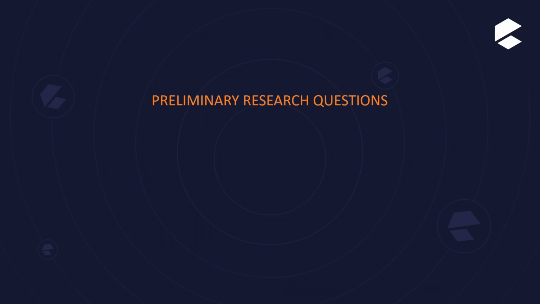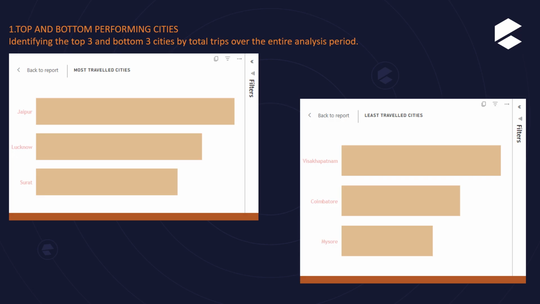Now we'll look into our preliminary research questions. Identifying the top 3 and bottom 3 cities by total trips over the entire analysis period. The most traveled cities are Jaipur, Lucknow and Surat, Jaipur being the top, and the least traveled cities are Visakhapatnam,